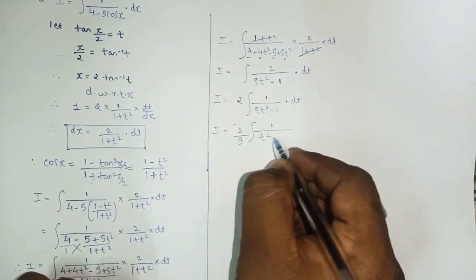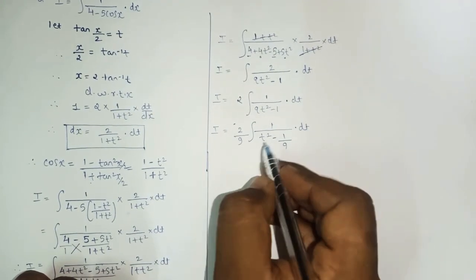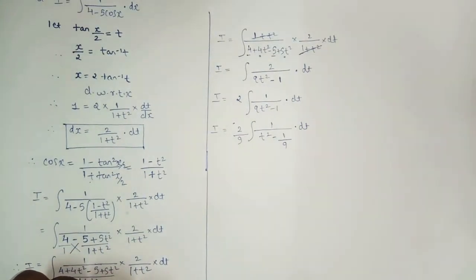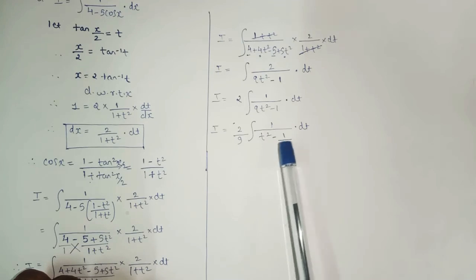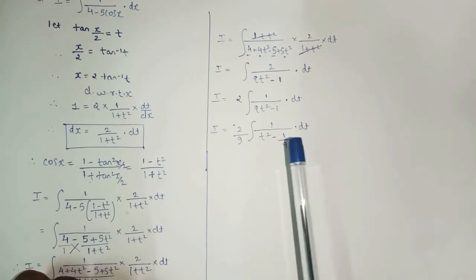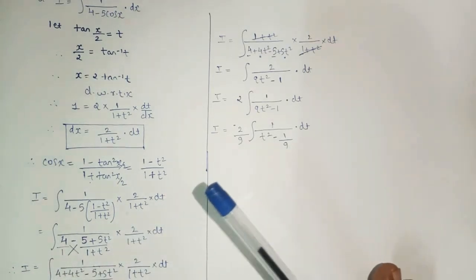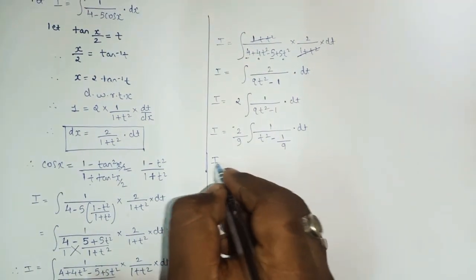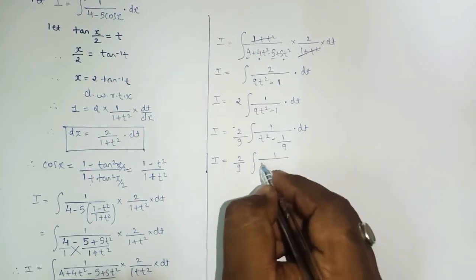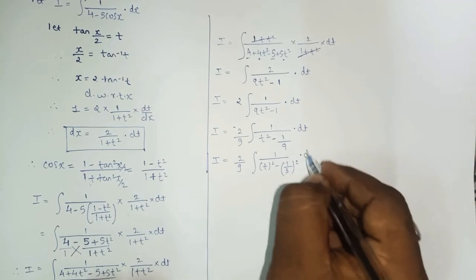So here it will be t square minus 1 upon 9. I hope you all might be knowing how to make the coefficient of square term 1 and even the symbol positive. As clearly we can see that here the middle term is absent, so whenever the middle term is absent, we don't have to use the third term formula. Directly we can solve this step as 2 upon 9. This we can write as what? T the whole square minus 1 upon 3 the whole square, yes or no?